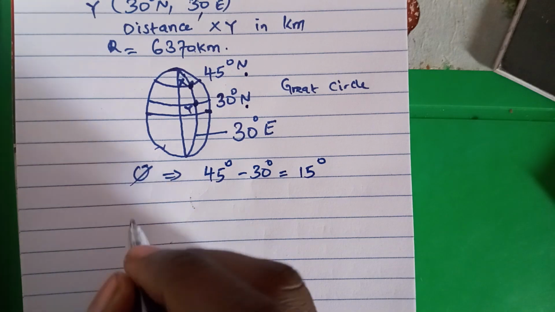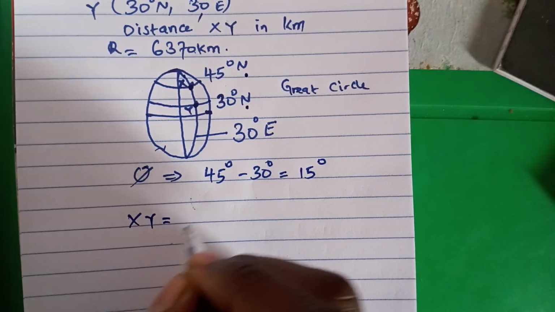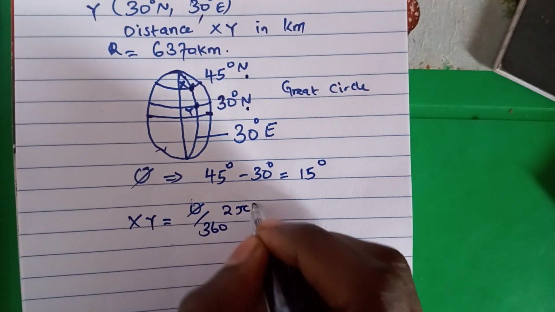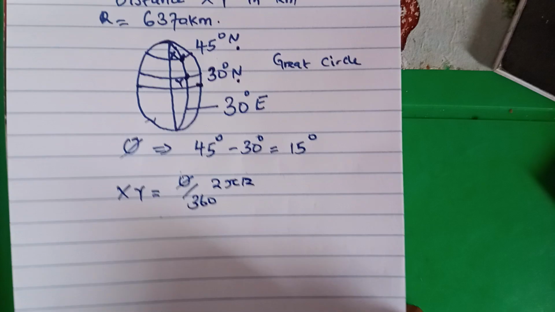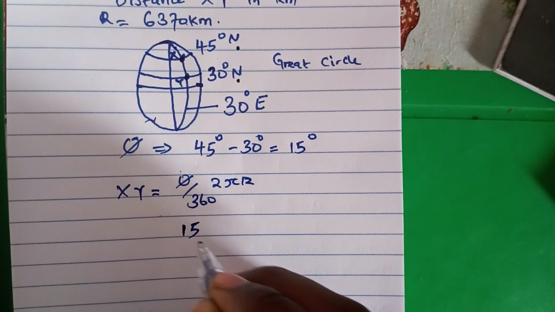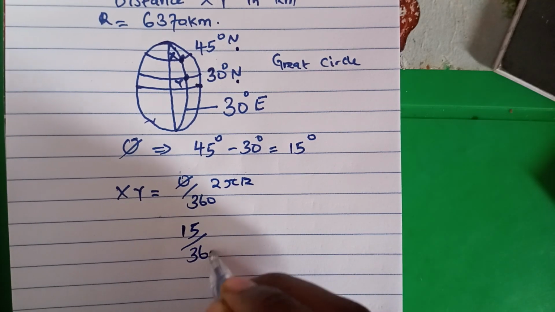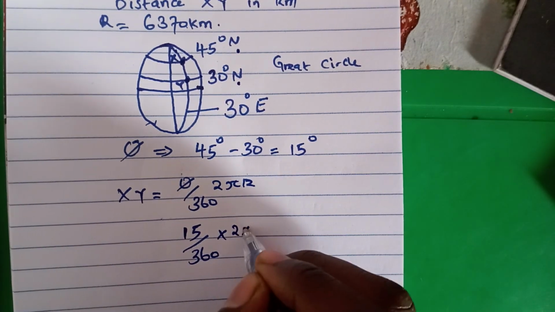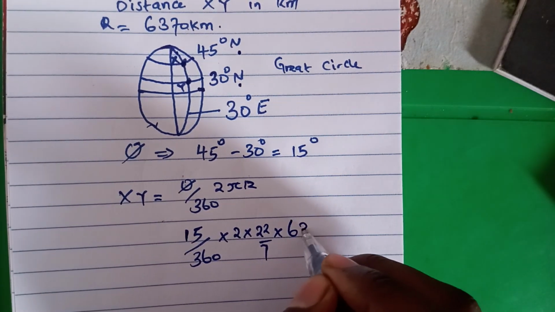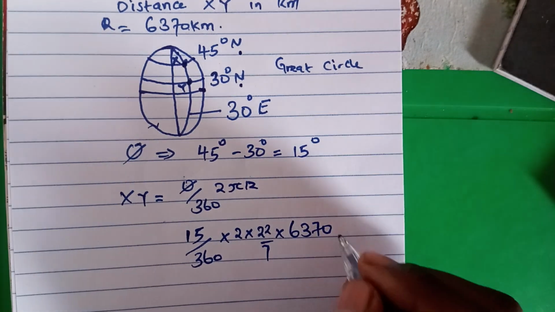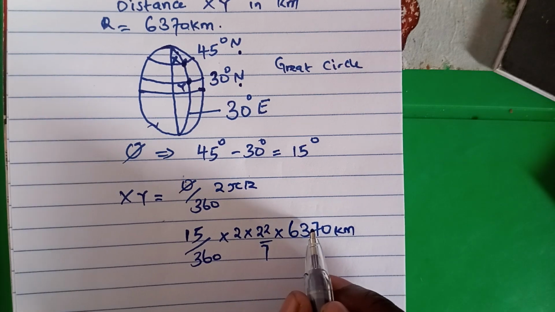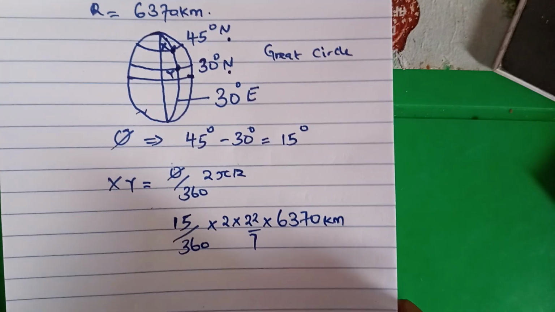This brings us to the formula that distance XY will be given by theta over 360 times 2 pi r, in kilometers. Our theta will be the latitude difference here, which is 15. We indicate it here, 15, all over 360, and then times 2. Our pi will be 22 out of 7, and r is the radius of the earth, which is 6,370 kilometers. So at this point, if we take 15 times 2 times 22 times 6,370, we are going to end up with